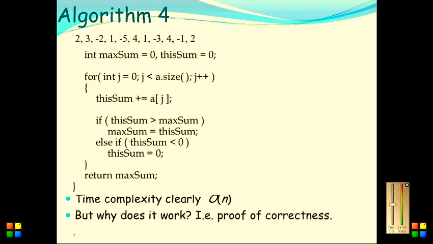And that simplifies the problem a lot. All you have to do is scan the list and keep adding the numbers. The moment the sum is less than 0, you can simply reset it, because that's not going to be part of any subsequence. So simply keep adding the numbers. If the sum is more than the maximum sum, you keep storing it, so that's keeping track of the maximum sum. The moment this sum becomes less than 0, a prefix which is less than 0 can never be part of a subsequence. You can throw it away, and that dramatically reduces this